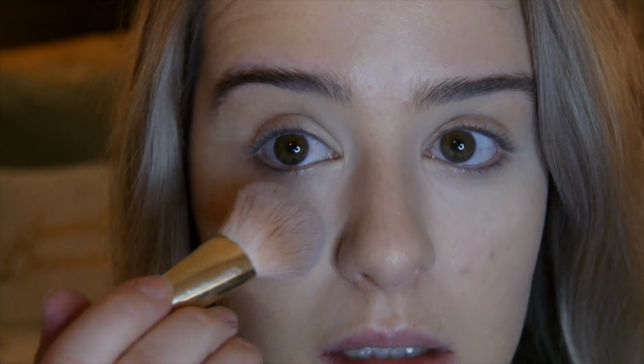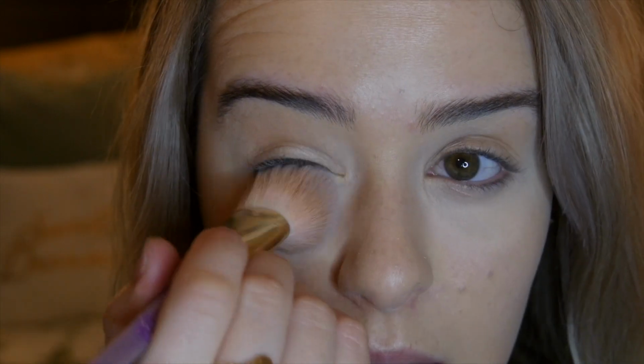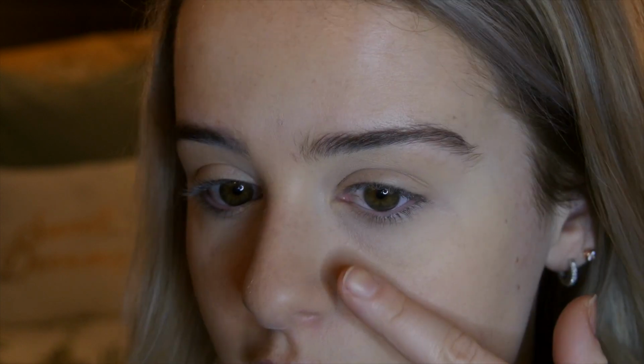I'm going to take the KVD Lock-It powder and just set under my eye. I'm just going to use the viewfinder for this, so you'll have to excuse me. So now that it's set and the shine's been taken away, you can see the colour a bit better. This eye, definitely, you can still see my dark circles coming through, but I went in with a lighter